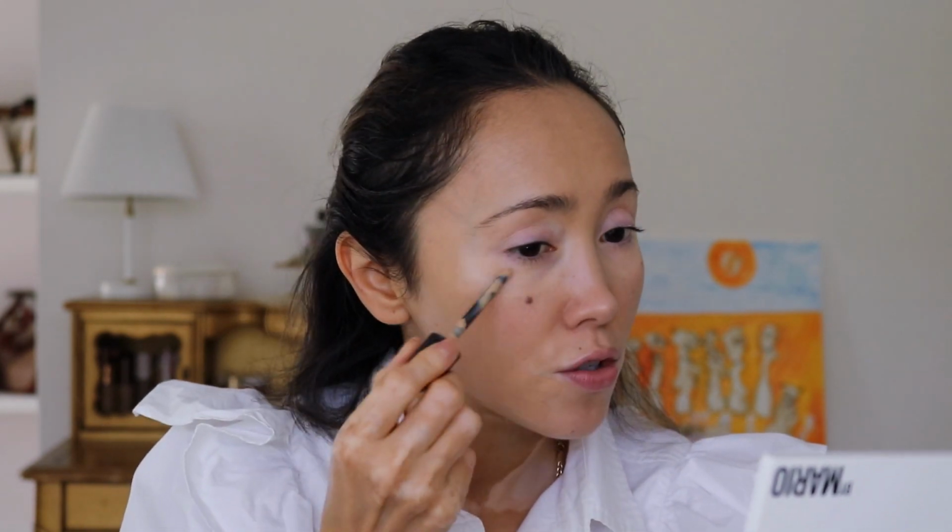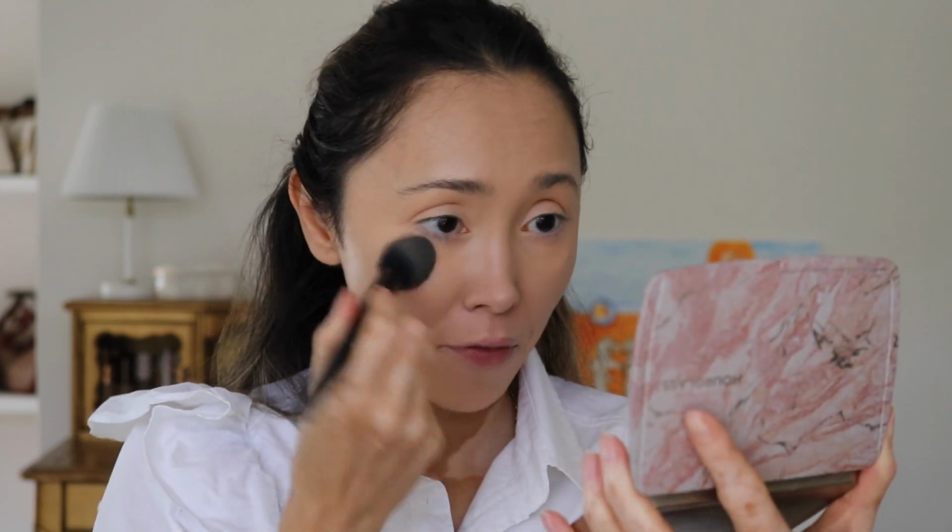So I'm going to pretty much skip through this and then we can move on to the eyes because you've seen me do this a million times. Just covering the whiteness around my eyes and then blending and adding powder. And of course for my finishing powder, I'm just grabbing one of my Hourglass palettes, and this one has a bigger finishing powder, so I'm just gonna use that one. And I like to use it wherever I used my concealer, so around my eyes and this area,